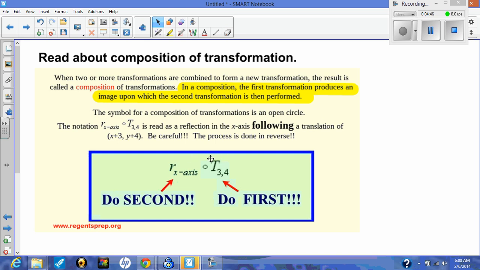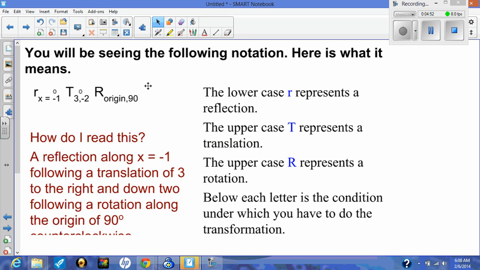Okay, key point. Translation, then reflection. Let's go take a look at the new notation. All right, you will be seeing the following notation. Here's what it means. Now I'm talking kind of fast. Remember, you can pause your video. In fact, I'd like you to pause your video now